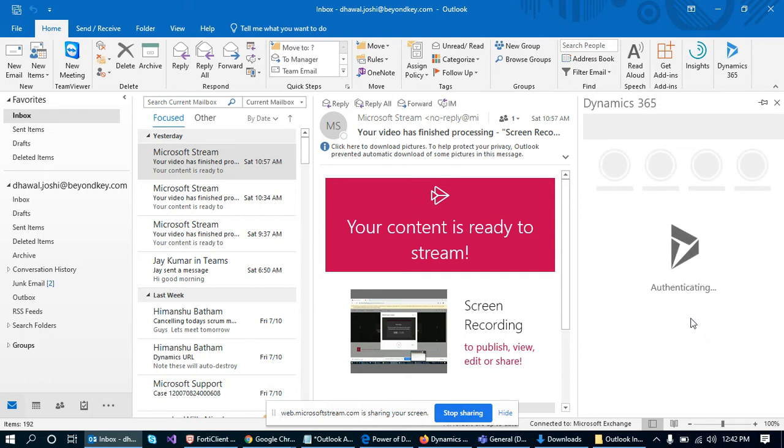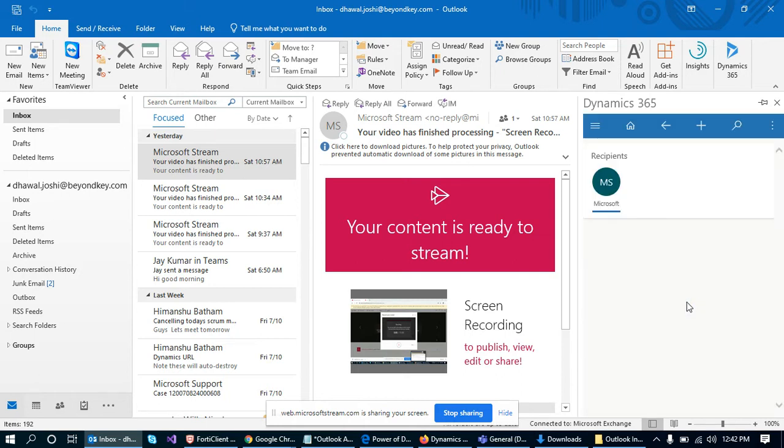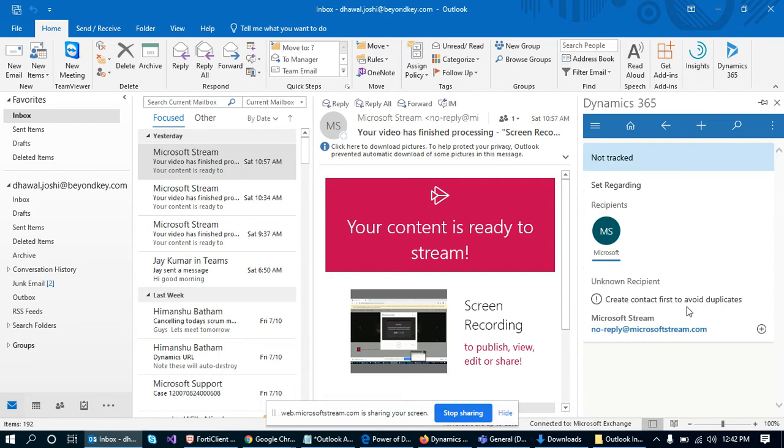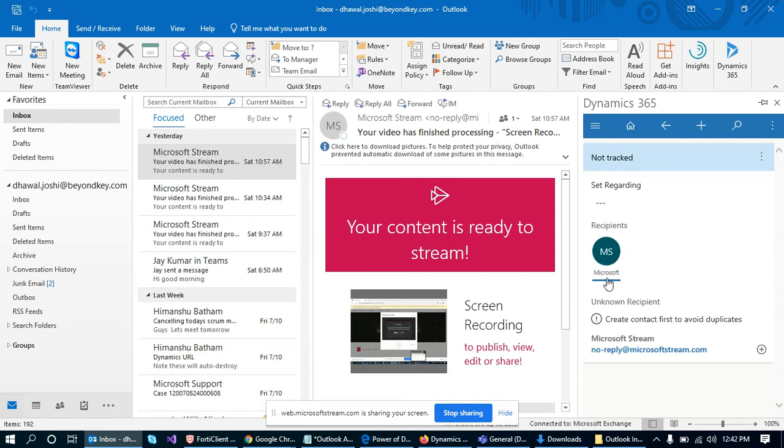In the background, it's authenticating my credentials with the sandbox instance on which I have enabled the Outlook app. Since this particular recipient is Microsoft Stream, it says by default that it's not tracked.